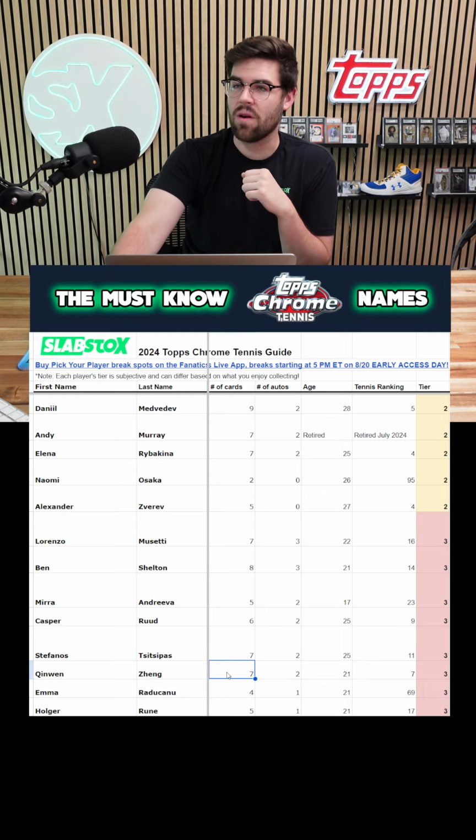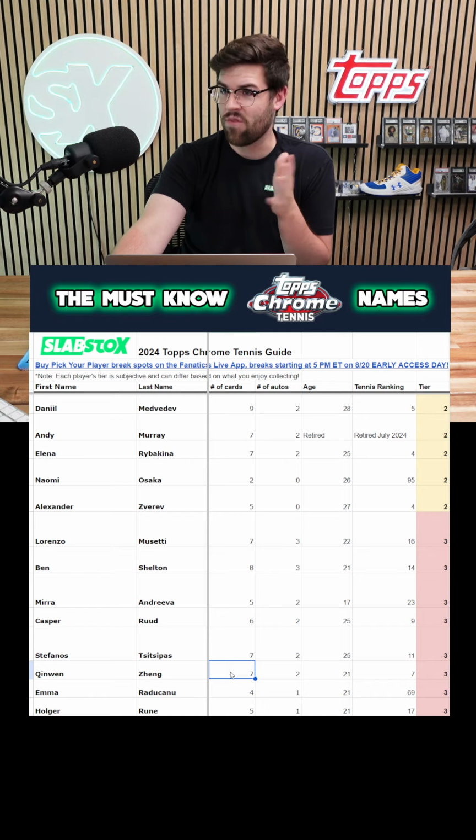Ilya, I don't think that there are any on-card autographs unless they're going to surprise us with some images right before release. Therefore, some insert sets. But the base set autos, I'm pretty sure are all going to be sticker. In the end, a lot of these players, a large majority, if not all of them except for a few,